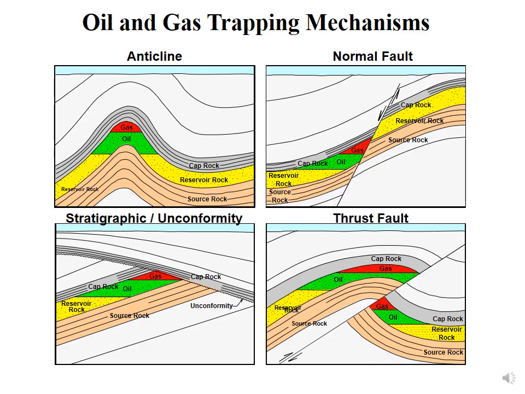So here are three different geologic mechanisms that can lead to the trapping of the oil and gas. And so on the top left is an anticline, which is exactly what we were showing a picture of before. And below that, on the bottom left, we have a stratigraphic unconformity. And so what we have here is the exact same situation. We have a source rock that was laid down with a reservoir rock on top and a capping rock, but